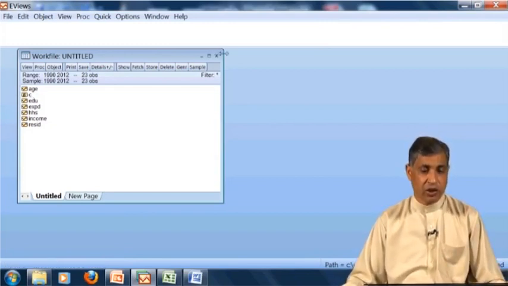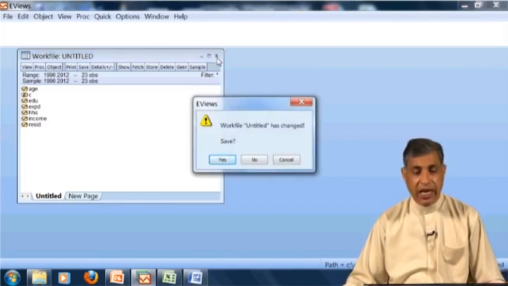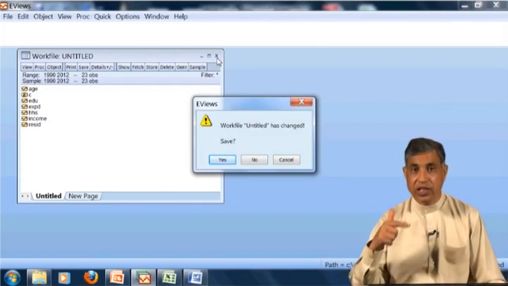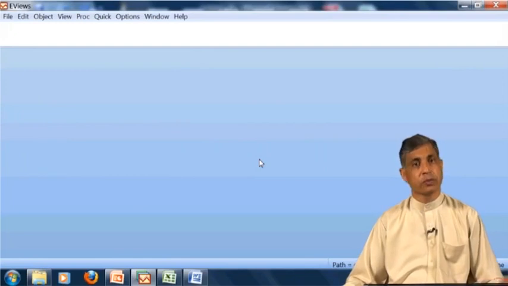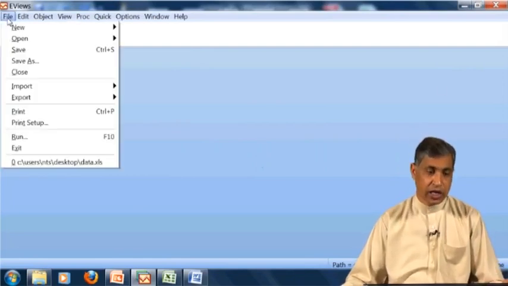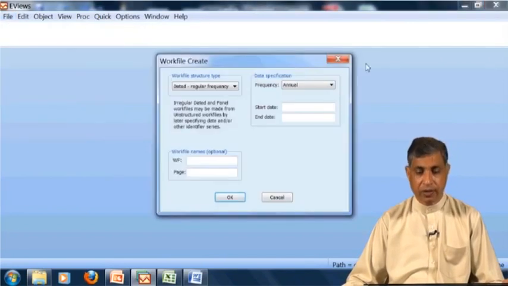So first of all, you will discard this window from here. It will ask whether you want to save this file. You will say no, because we are not interested. Go again there, File, open new file. It will become the work file.